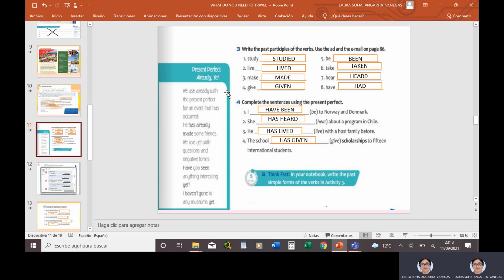Already significa ya. And have you seen anything yet? Yet lo utilizamos para preguntas y cuando es negativo. ¿Listo? Eso lo vamos a ver con más tiempo la próxima semana. Lo que vamos a hacer es escribir el pasado participio de cada uno de los verbos. Study, studied, lived, made, given, been, taken, heard, had. I have been, and then we're going to complete the sentences